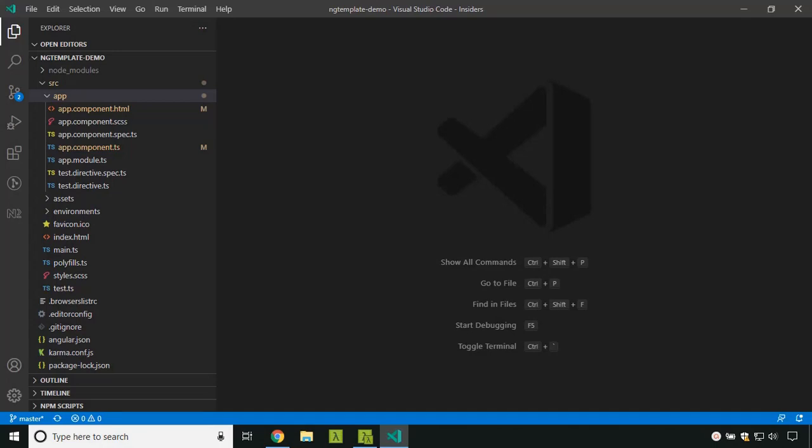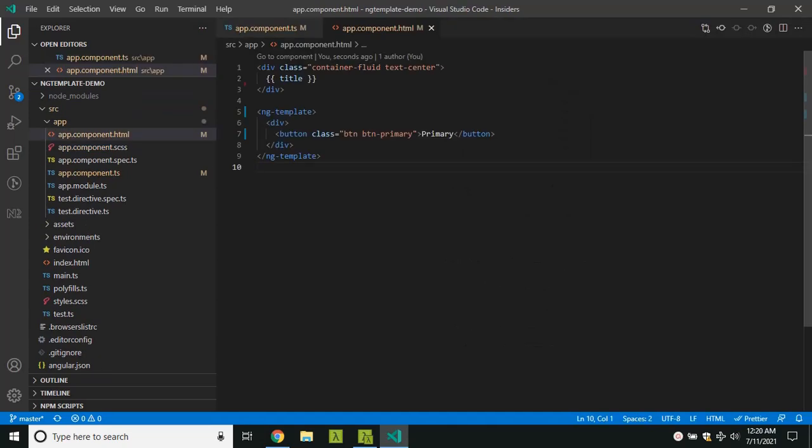Hi all. Today let's explore the concept of partial Angular templates or ng-templates and how we can utilize them in the Angular component view. For this purpose I have created an Angular 12 application, and in the app component.html I have added an ng-template, and inside that I have placed a button called primary,